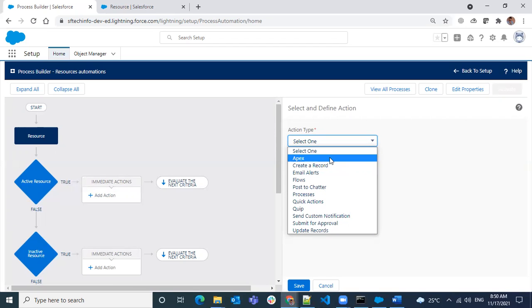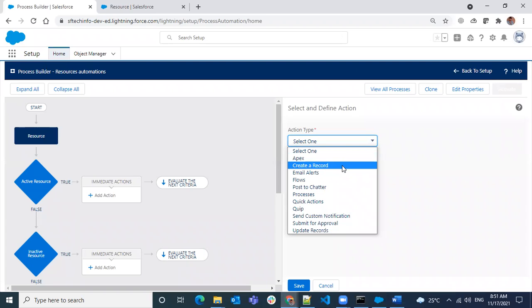If you think that you cannot achieve something using point and click, and you want to execute some piece of code and still control it through point and click in a process builder, you can expose that code to the process builder and call that custom code from the process builder. That is calling Apex.